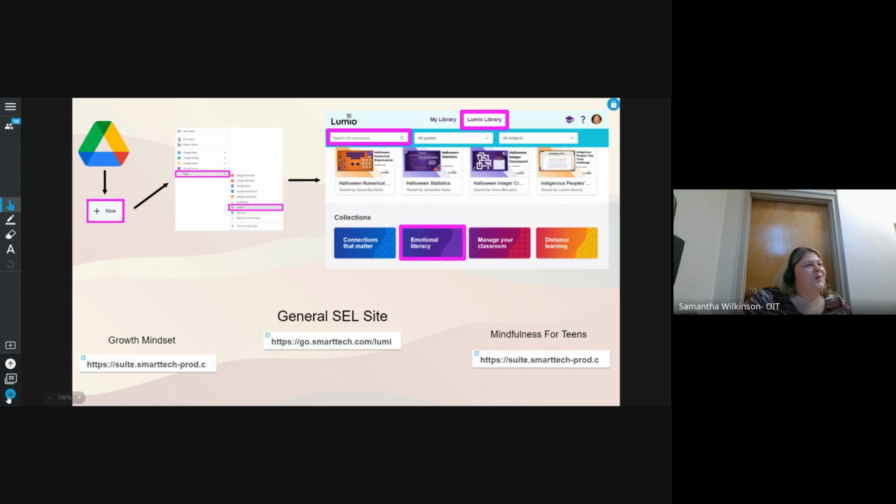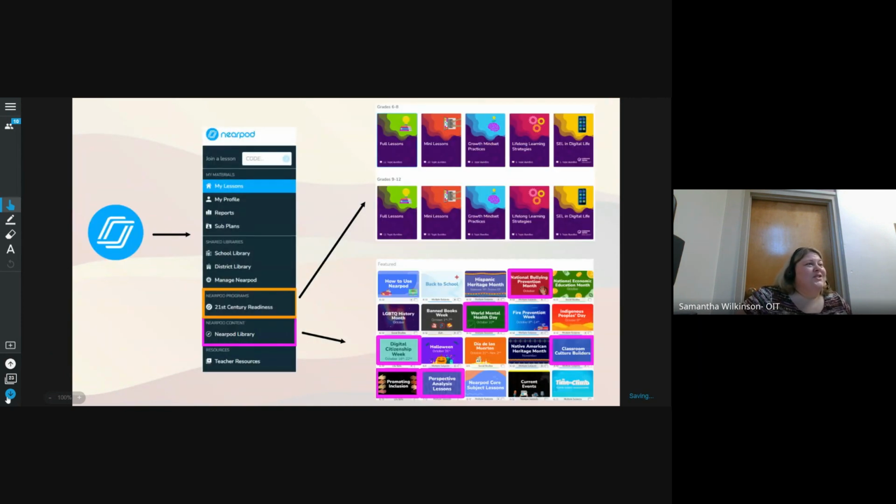Okay, we're going to switch over to something that's similar to Lumio, but not quite. So Nearpod, and I know some of you are familiar with Nearpod. It's similar to Lumio in the fact that the teacher can guide the lesson through slides and interactive activities. It's just a different platform. So I'm actually going to